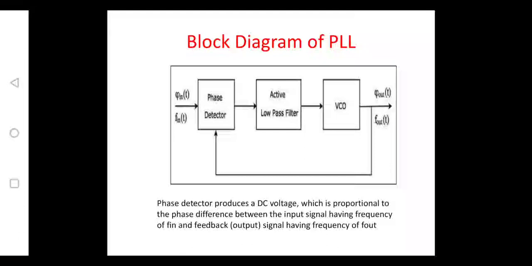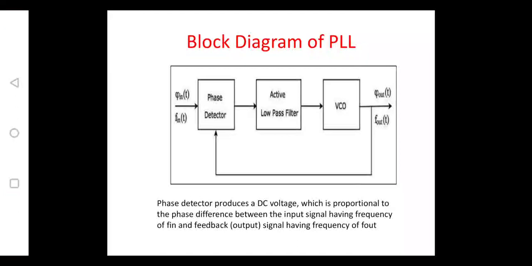So PLL is used in frequency modulation applications to demodulate the FM wave, as well as to generate frequency shift keying techniques in communications. To detect the FM wave as well as to generate an FSK wave, we will be using a phase